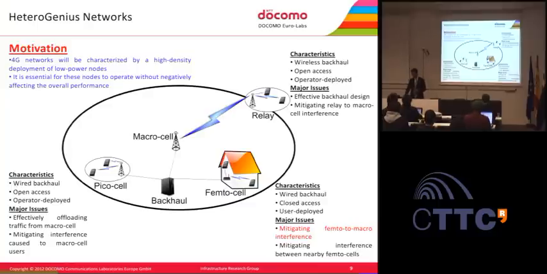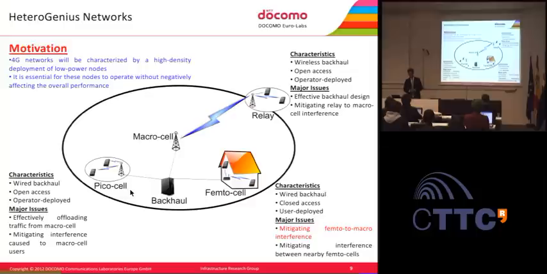So let's look at some of these. We have a relay over here which extends the normal coverage of the macro cell, and it could have a wireless backhaul to the macro cell. Relays will be open access because they should appear as macro cells to the users, and they are operator deployed, which means their locations can be planned. What are the major issues? We have effective backhaul design, and we should mitigate relay to macro cell interference. But we won't talk about relays today. Let's move on to